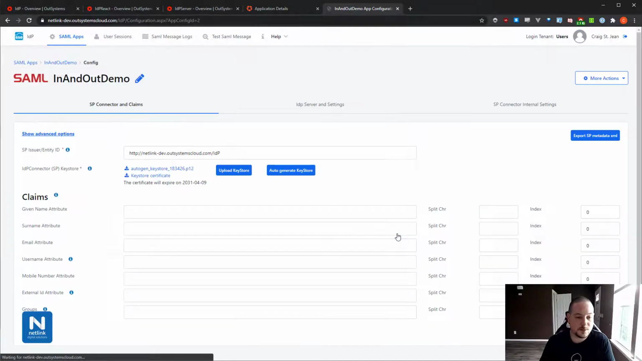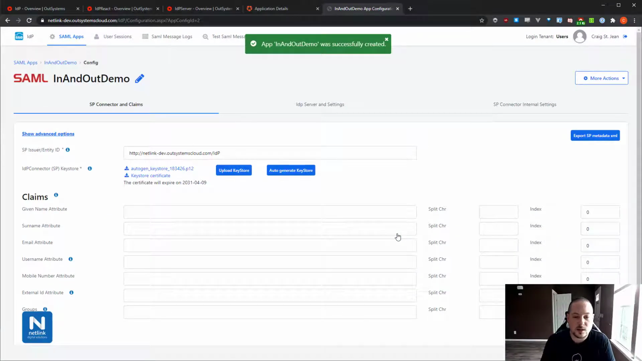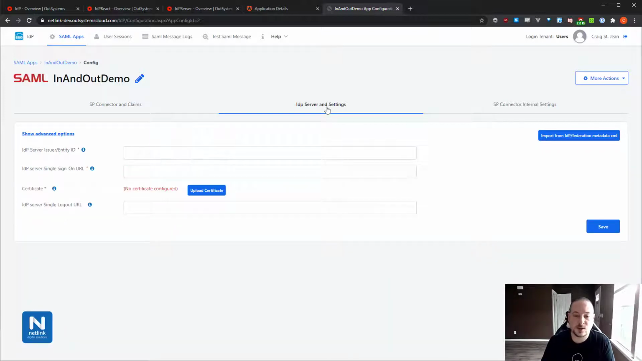And I'll hit save. Now, here we can configure the service provider, which is our application, connector, and claims. Claims mean which attribute in the SAML assertion or the XML document that we're going to get from our identity provider represents the first name, the last name, email, and so on. For this video, I'm just going to skip over that though, and we're going to go straight to the IdP